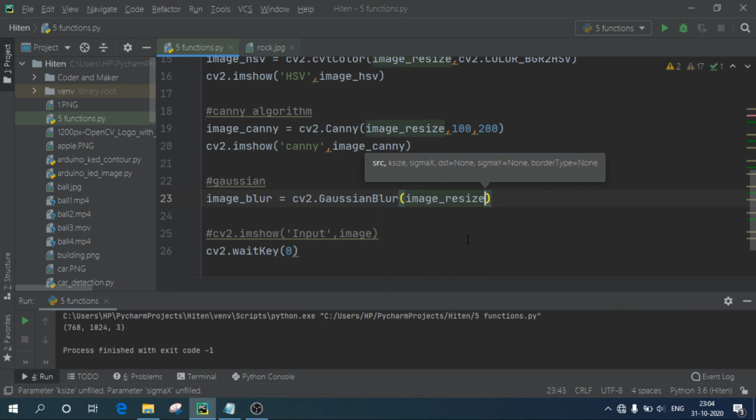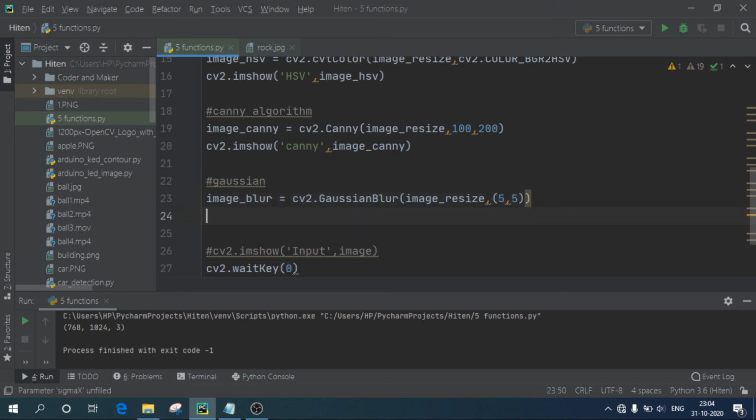Now it will ask me the size of my kernel. Kernel means basically it will create a matrix of the rows and columns which I put over here, and it will map that matrix onto my input image, and it will blur each and every pixel. The matrix size should always be an odd number. So currently I am giving a 5 by 5 matrix. You can give 3 by 3, 7 by 7, whichever suits better for your image. In general we give only 5 by 5 to remove the noise, because it's a perfect value.